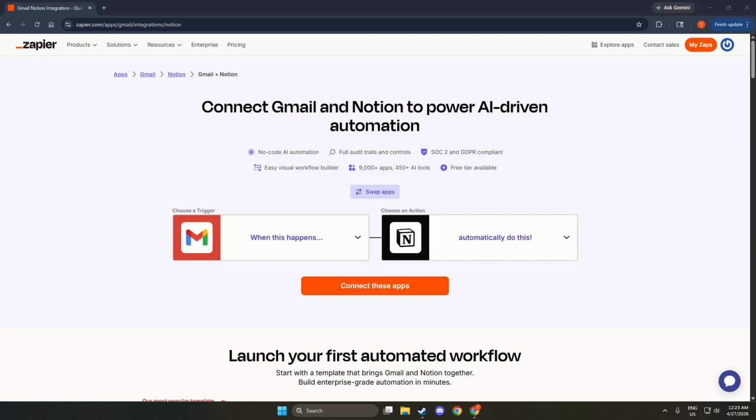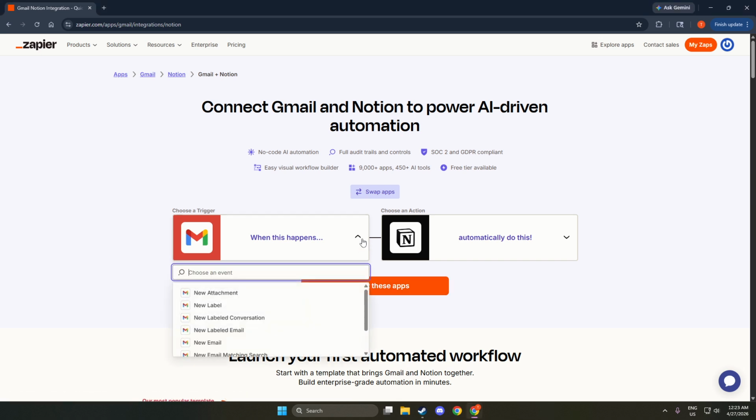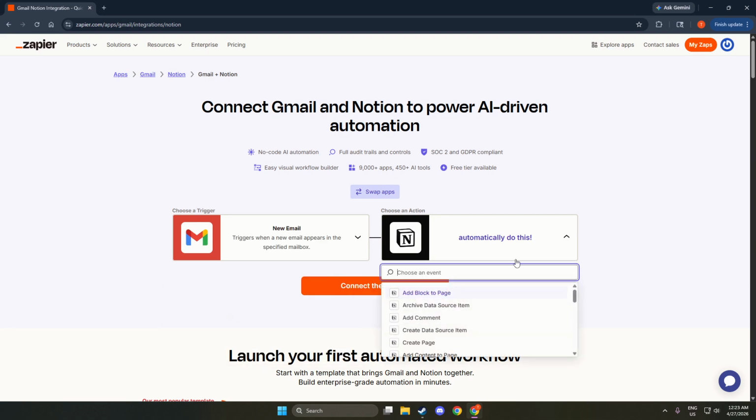Start by heading to the Zapier Gmail and Notion integration page. You can get there by visiting Zapier and searching for Gmail plus Notion, or by opening the pre-built integration page that lists common templates. This page gives you a quick view of what's possible and opens the editor where we'll